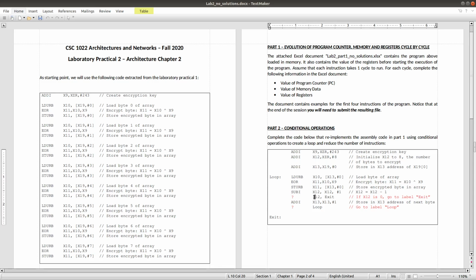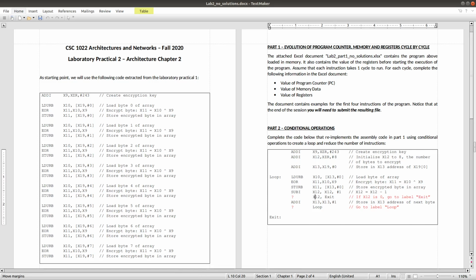And so x12 will gradually reduce from 8, the total number of data, until 0, and we will need to exit this loop when we finish all the data, or when x12 gets to 0. So with this part of the instruction, we know that we will need to compare x12 with 0, and we will exit the loop if x12 gets to 0.